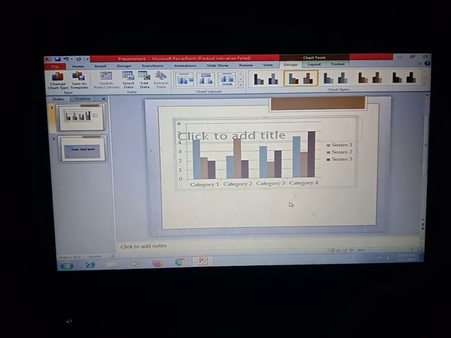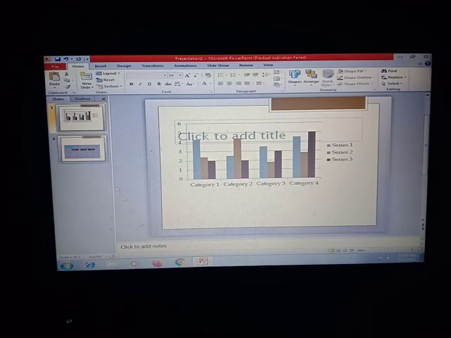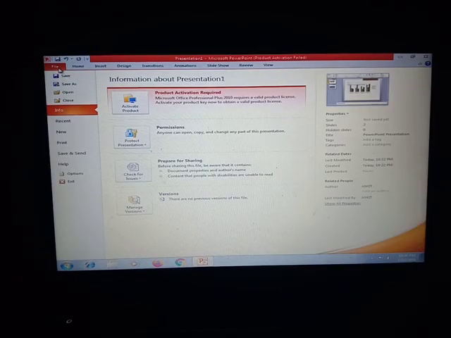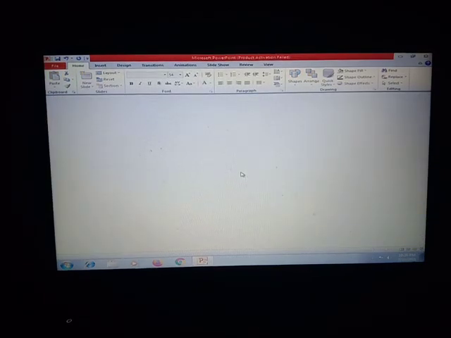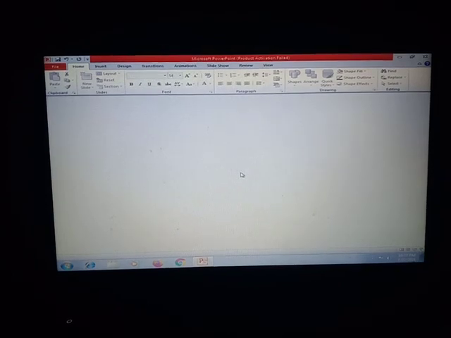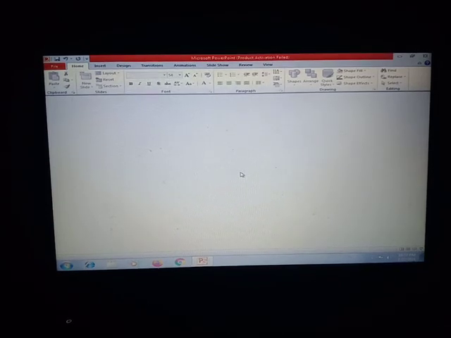To save this PowerPoint, you have to click on the Office button. You have to go back to the File button. In File you have the Save and Save as options here. And if you want to close your PPT, you can click on close, and the PPT asks if you want to save the data. If I click on save, it will close the PPT. This is how you can save and close your